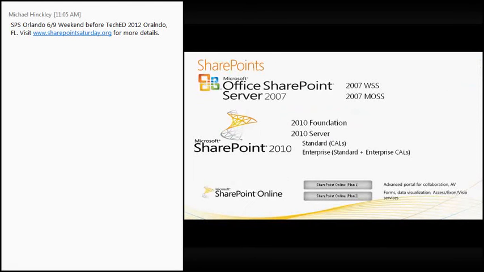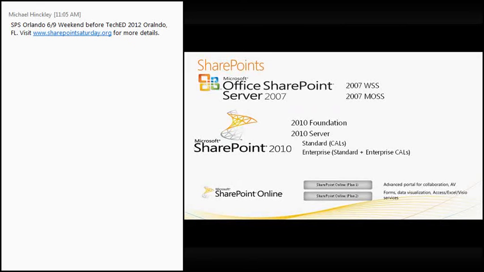So let's go right into it. One of the questions I get asked a lot about SharePoint is what the SharePoint versions out there are. I'm not going to go back too far, but for lack of time, we'll start off with SharePoint 2007. We have the two versions, WSS and MOS, MOS being the more enterprise option. Then we move on to SharePoint 2010.